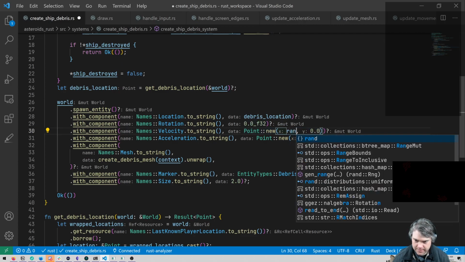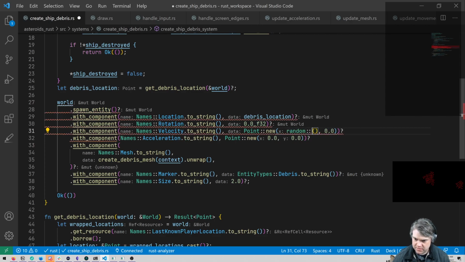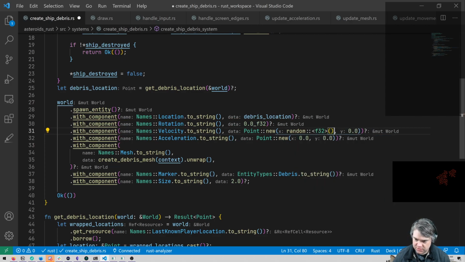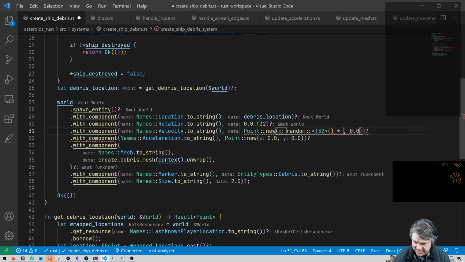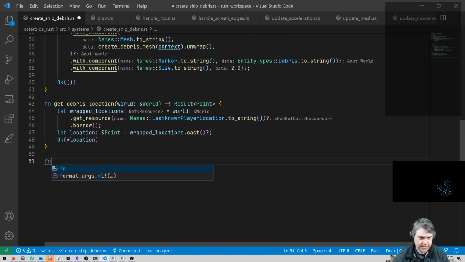This would be random F32 times, let's say, 2.0. That's between 0 and 2, and we can minus half of that. If I do that for both of these,